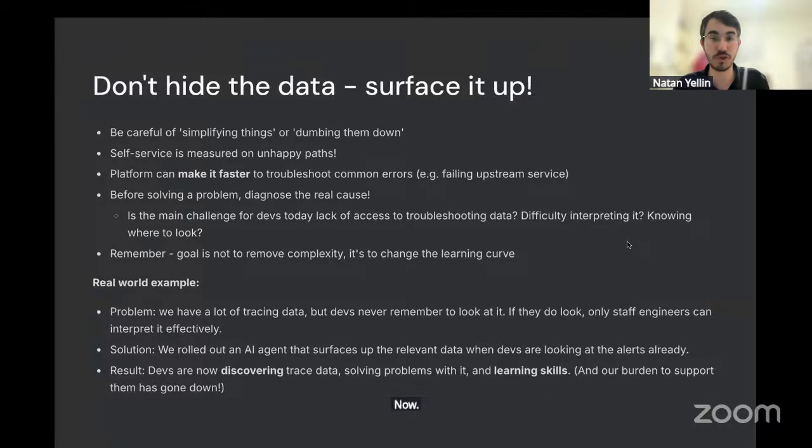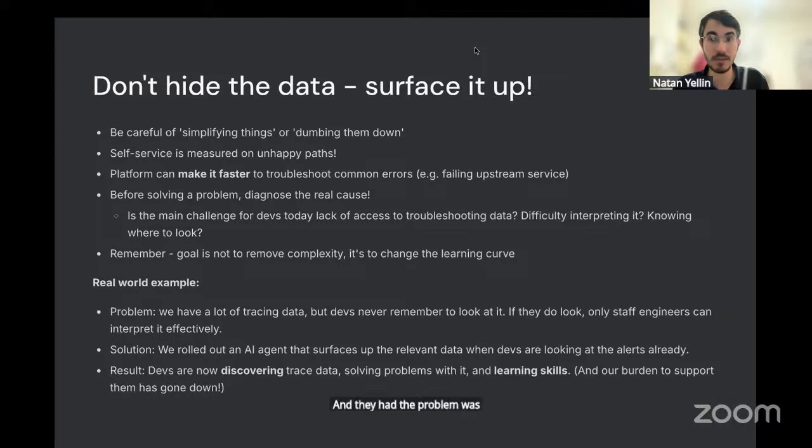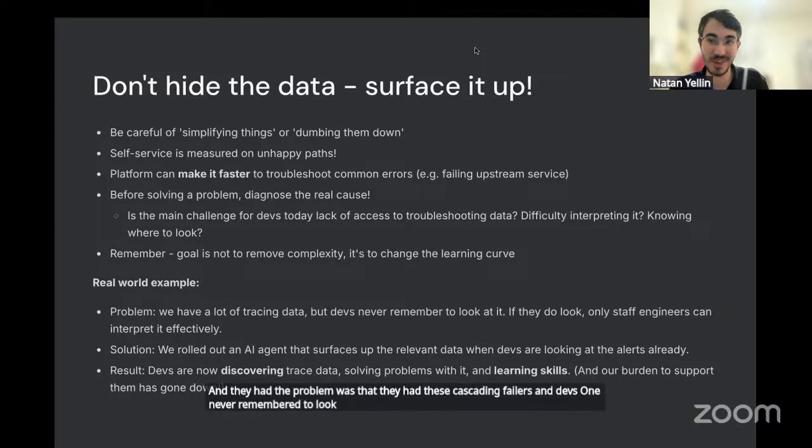Now, I'll give one real world example. We work with a company that has a ton of tracing data. They had a problem: they had these cascading failures, and devs never remembered to look at the tracing data. So they had cascading failures, and the IT, infrastructure and platform team would get called in